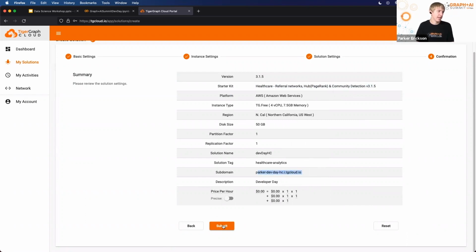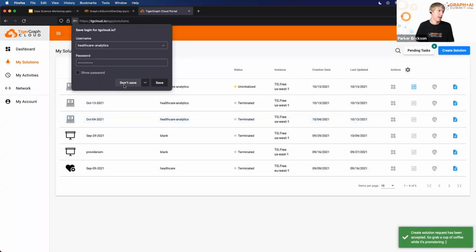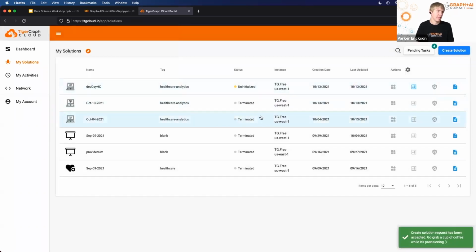We're going to go ahead and hit submit here. It might pop up with that. You don't need to save it. And then we're going to wait until the server is provisioned,